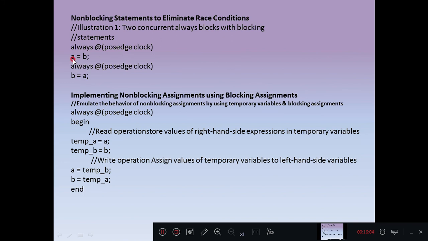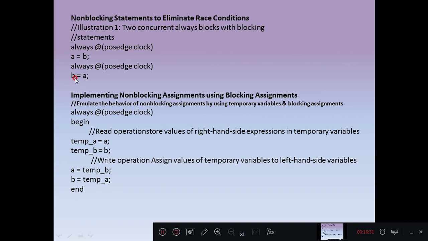So what is the observation here is, we are using blocking statements a equal to b and b equal to a, and we are using two always blocks to deal with loss of data. If I try to assign a equal to b and immediately assign b equal to a in this always statement, what happens? a will get value of b and then you are trying to assign b with value of a.